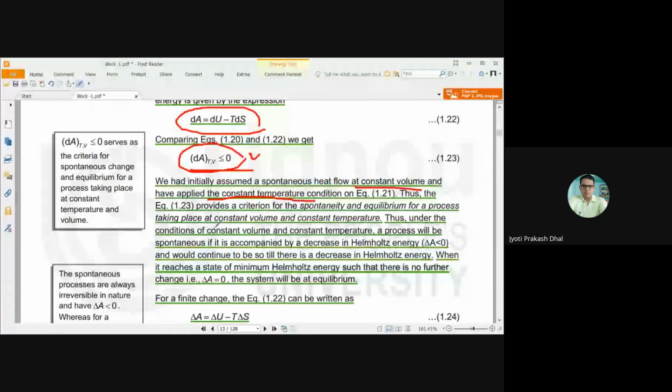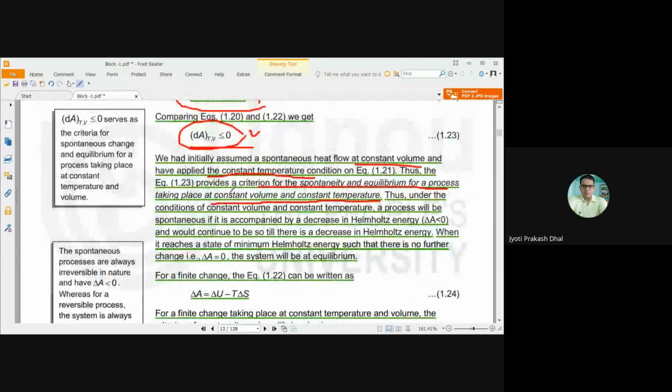Thus, equation 23 provides the criteria for spontaneity and equilibrium of a process taking place at constant volume and constant temperature. So this equation 23 is like this, dA is less than or equal to 0. So if dA is less than 0, the process will be spontaneous, and if dA equals 0, the process